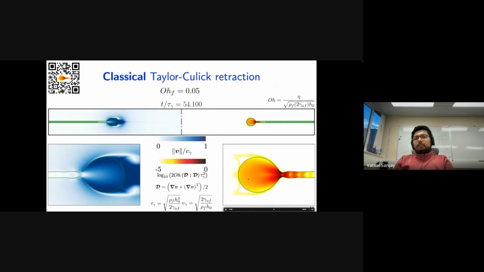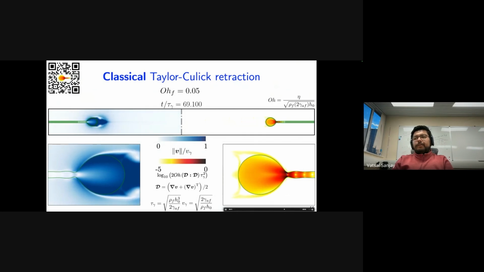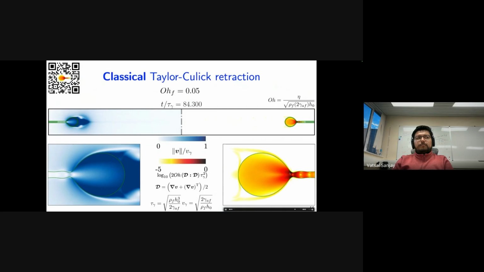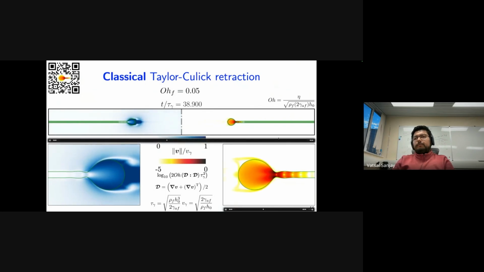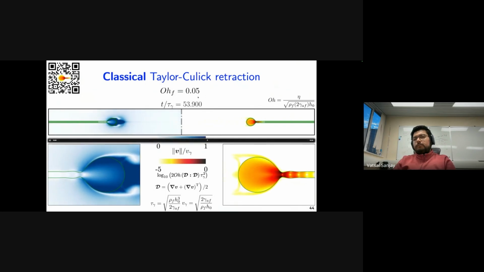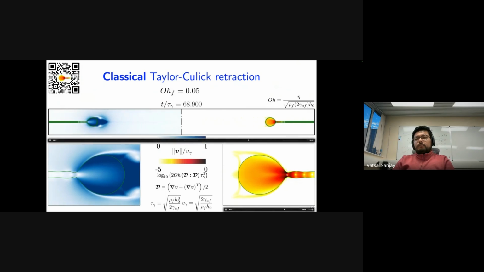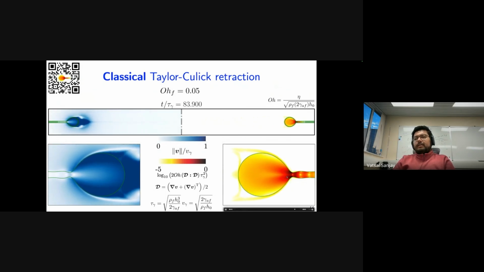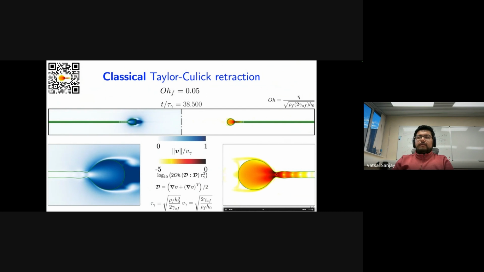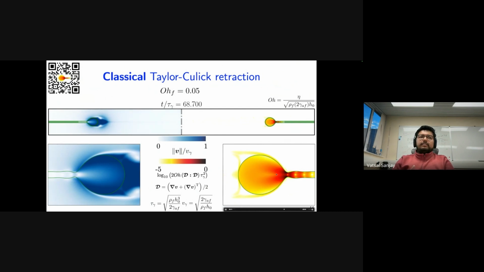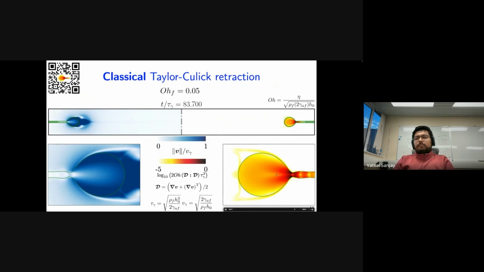So once again, this is log 10 of the viscous dissipation function, where you notice that we have these regions which are black, which are quite extreme, and the closer we go to zero, so here the Ohnesorge number of the film in this case is 0.05. The closer we go towards zero, this neck becomes quite thin, but it never disappears, and as a result, we always get this extremely high gradient that leads to a finite dissipation, and this finite dissipation does not go to zero, and this again is the same case of having this anomalous viscous